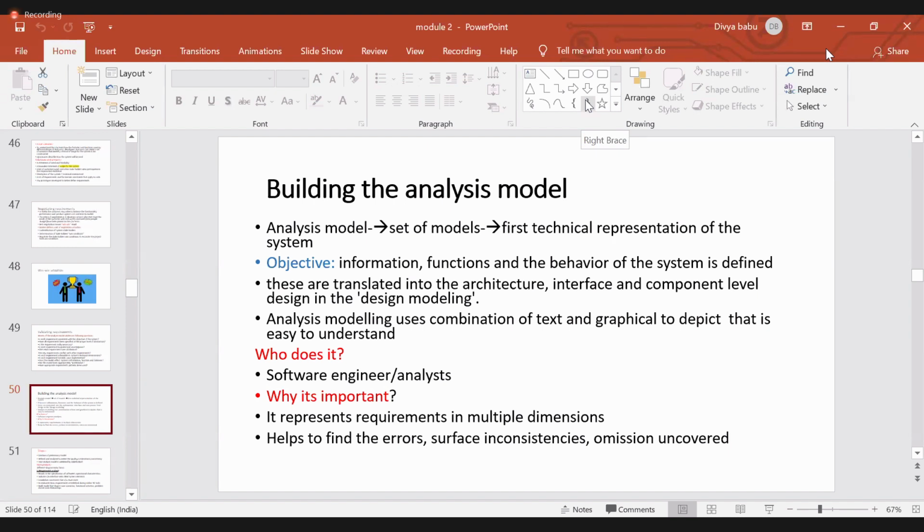Actually, in the analysis model, we are defining the system. We are defining the system function, properties, and behavior during this analysis model. And the next level is architecture or designing, analysis design, and then we go to modeling and implementation. So who will do this? Analyst, or system analyst, or